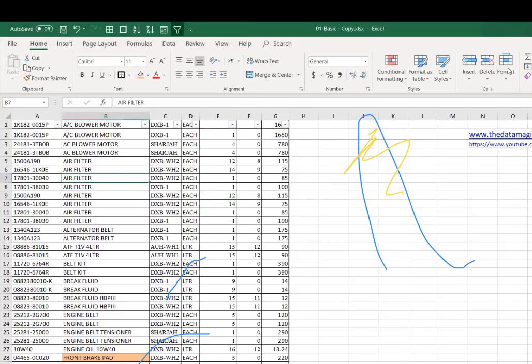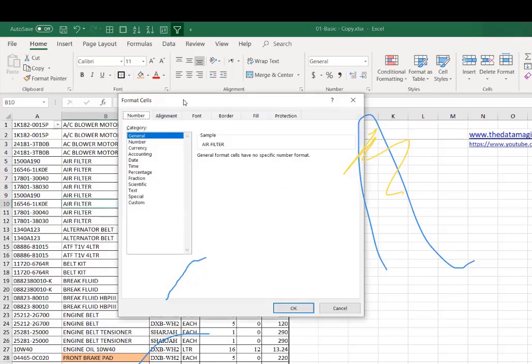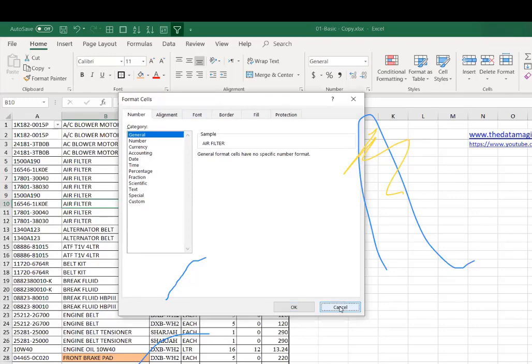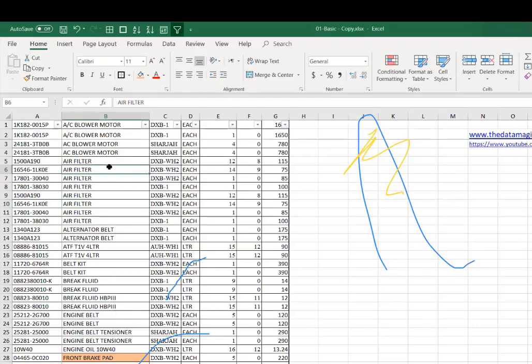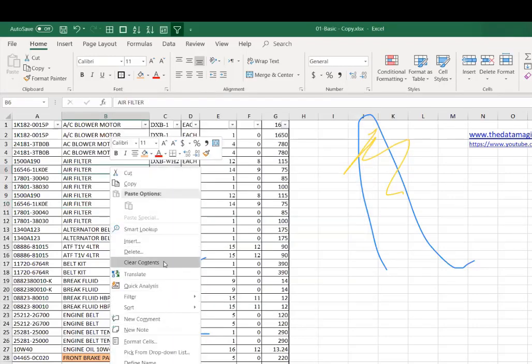A couple of shortcuts I want to show. If I want to do formatting, the one shortcut which I use very regularly and frequently is Control-1. Control-1 is easy to remember as well, and very useful. You always use it. Control-1 will take you to Format Cells. Otherwise, in the normal scenario, you have to right click and go to Format Cells.